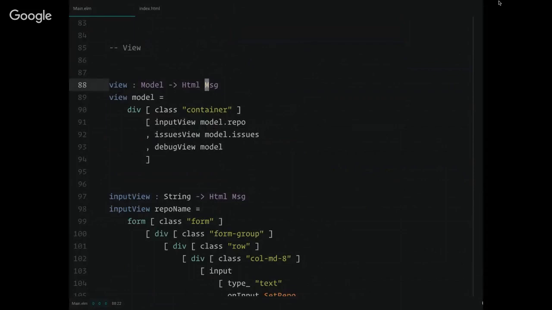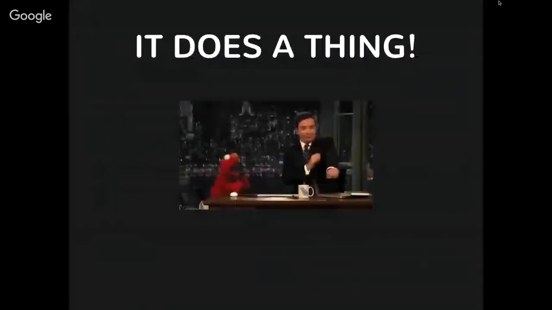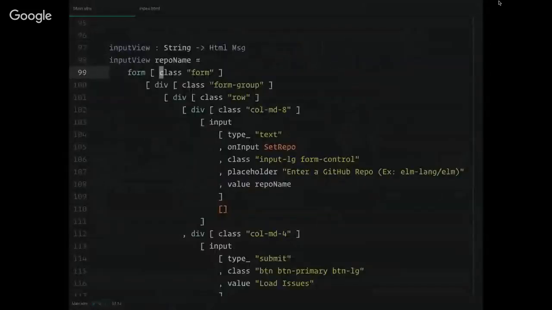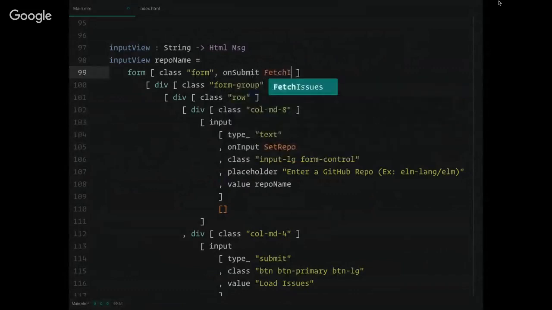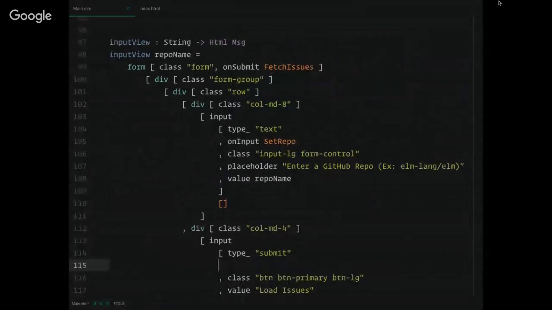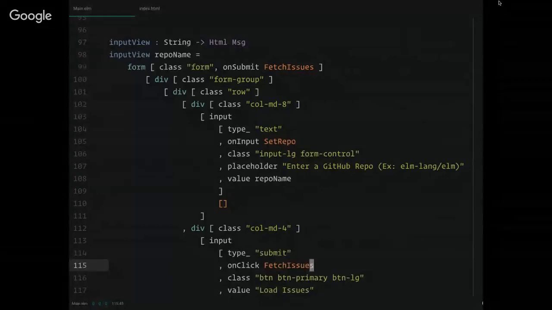So now if we load up the browser view, wow, that was like a 10-second lag. Updates in real time for you. So it does the thing. And now we just need to hook up the other events. So on submission of the form, we're going to say fetch these issues. And for the purposes of this demonstration, because it's going long, I'm not going to actually show you how to do the HTTP AJAX calls and update things, but just consider that this is fantastically awesome and does things.